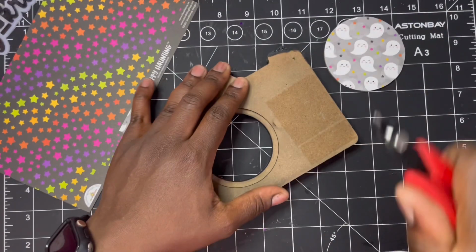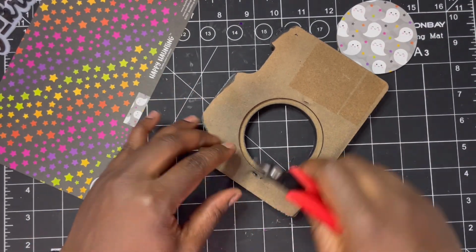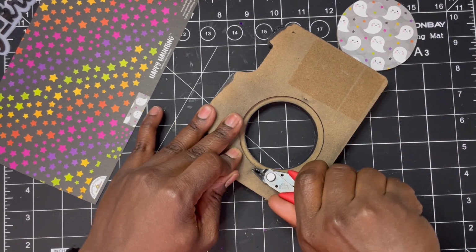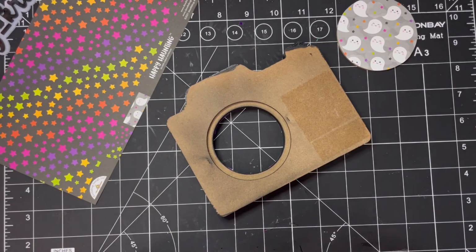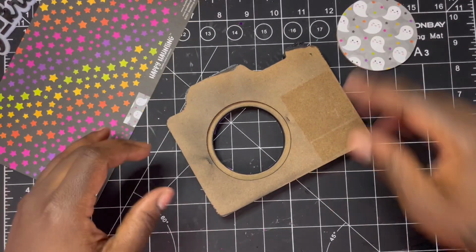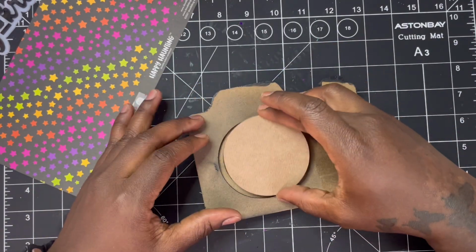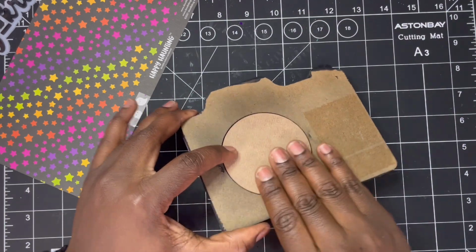I'm going to remove that because when I apply the paper, it's going to create an indentation and it's going to bubble it up, so it won't be completely sealed. Now again, if you are going to actually use this as a photo frame, you want to keep those because it needs to be able to stay attached that way. But since I'm not doing it that way, I'm going to go ahead and put my piece in here,